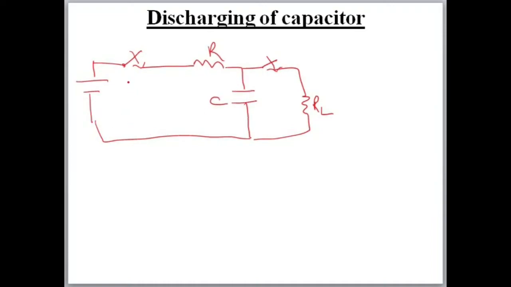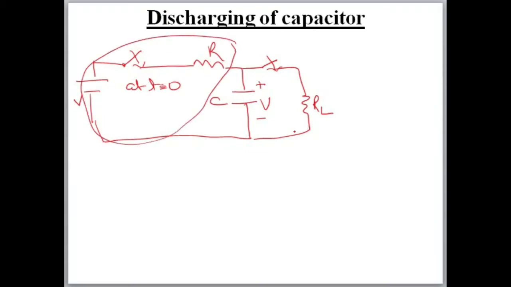So at t equal to 0, this switch is turned on and this switch is open. So no current will flow in this circuit. The capacitor will be charged after some time. This full voltage will come across this also, with positive and negative like this. But when this switch is opened and this switch is closed, it means there is no charging current. This part is fully isolated. Now what will happen? This capacitor will discharge through this resistor.